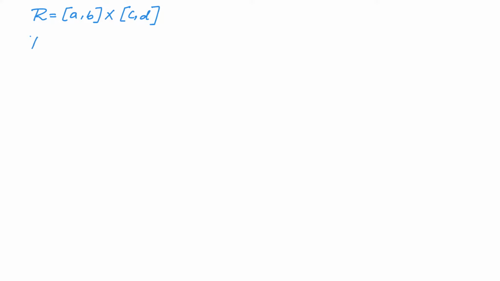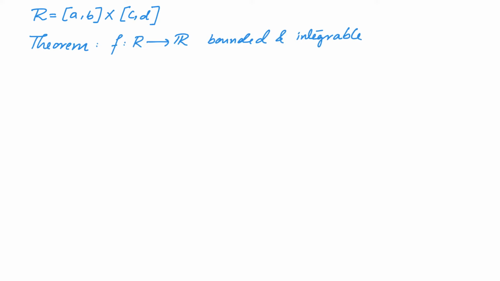In the first video, we had an intuitive discussion on how you can express a double integral in terms of two integrals of functions from an interval to the set of real numbers. In this video, we will make this discussion precise and we will also see a proof of this result. Throughout this video, R will be the rectangle [a,b] × [c,d] and f a function from R to the set of real numbers that is bounded and integrable.